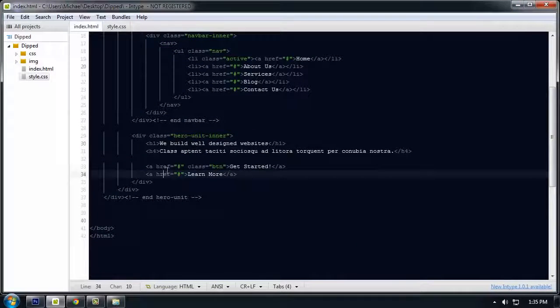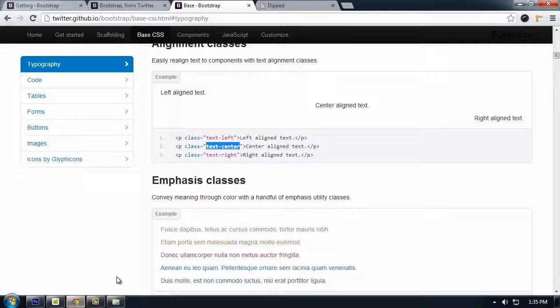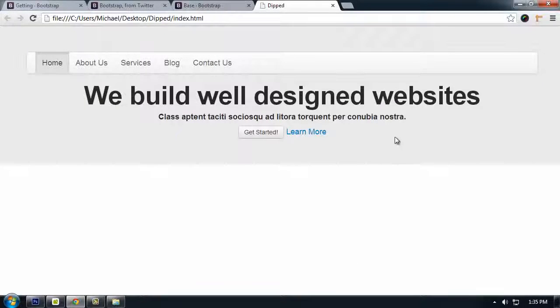What we can do here is on this hero-unit-inner, we can put a class of text-center. So inside this div, everything will be text-centered. Let's preview it. As you can see,